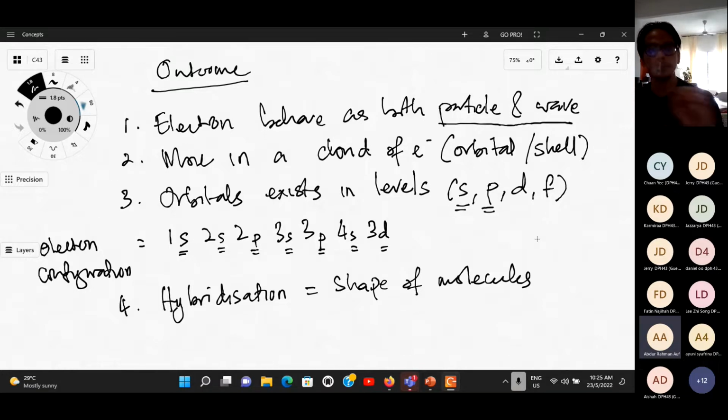Electron behave as both particle and wave. They move in a cloud of electron yang kita panggil sebagai orbital ataupun shell. And this orbital exists in levels. Level 1, 2, 3, 4, 5, 6, and 7. Because kita ada 3 period. And kita ada 4 jenis orbital, S, P, D, and F. So kita boleh susun them accordingly. Contohnya lah 1s, 2s, 2p, 3s, 3p, 4s, and 3d. And so this can be used to explain hybridization, which in turn can explain the shape of